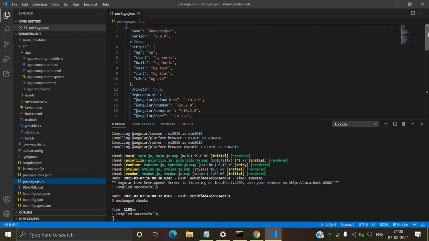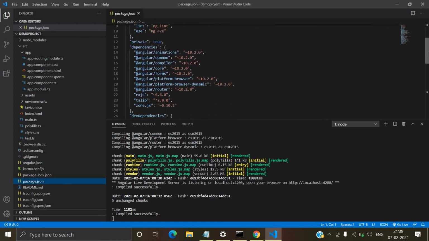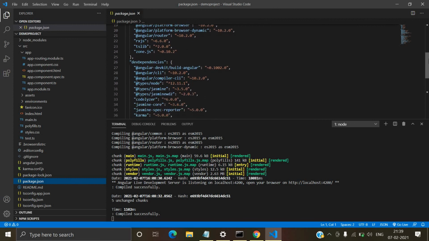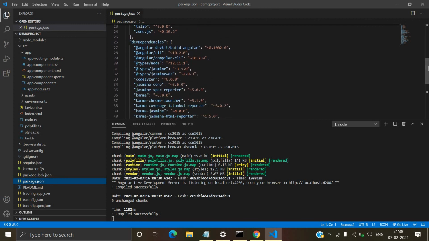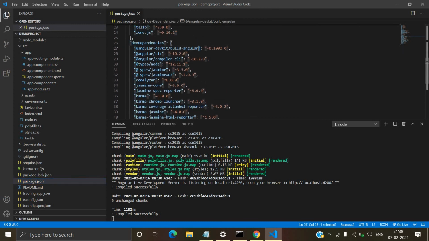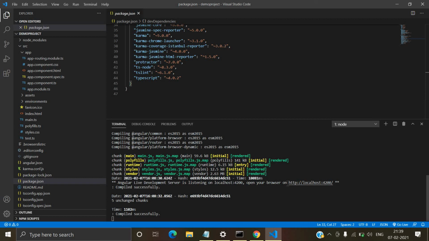Inside this file there are a lot of dependencies which are used for developing your applications, like Angular, Compiler, CLI, Jasmine, and a lot of things. So let's move on.